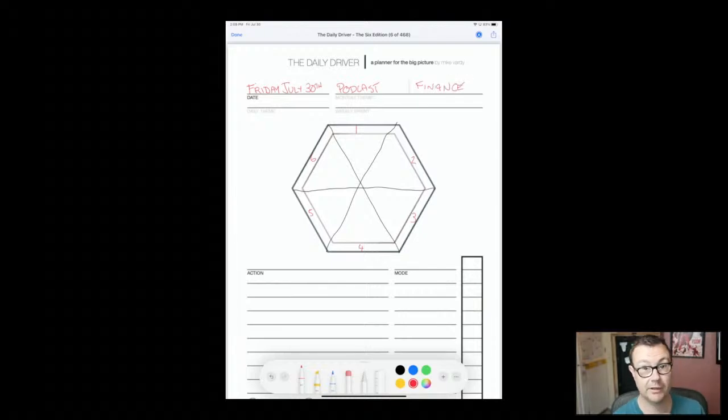Now, if you have the regular daily driver, you could do this as well. Daily theme for today for me is maintenance, right? So that's what I mean by an overarching focus for the day. I do not have a weekly sprint going on right now, although we could say the 6 launch is part of that, so maybe we should do that. And I'm going to write that out in a different color. So we're going to call this the 6